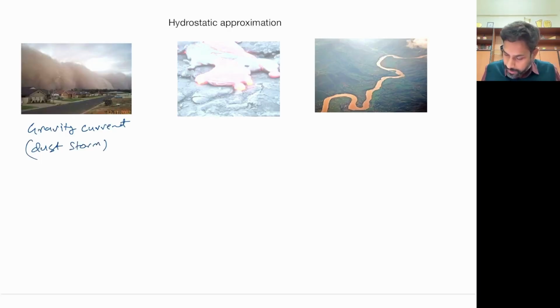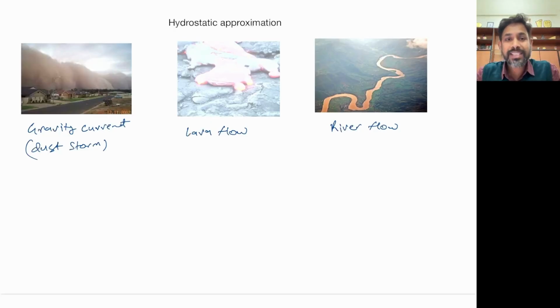The second image is of a lava flow, and the third one is something that you know very well, that is river flow, right? And in all these cases, one thing that is common is that the horizontal length scale of